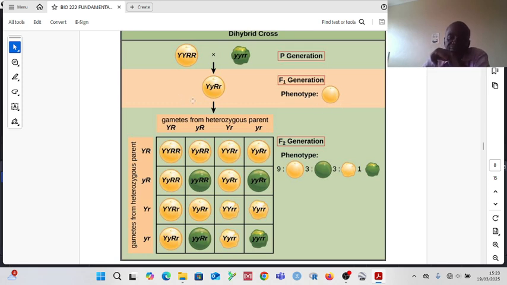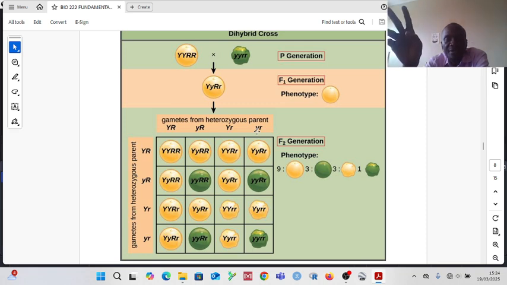So we self them, which means we cross this with a similar genotype. Okay. So that's why now we have the YR here, then small y and capital R here, then capital Y and small r here, and small y and small r here. Okay. So when you have the two